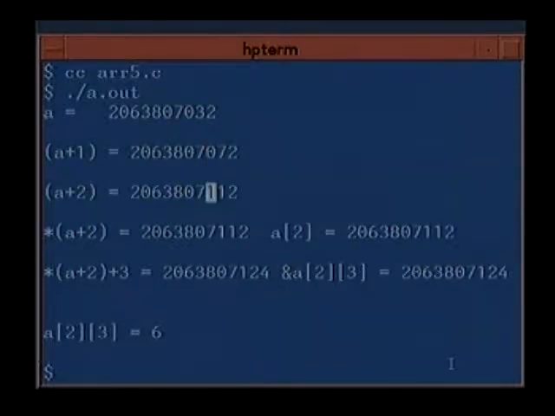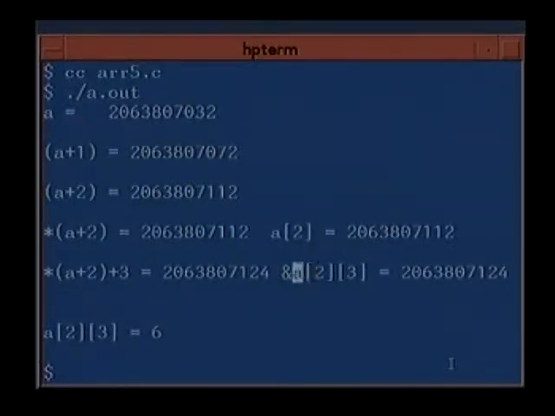Similarly, A plus 2, another 40 bytes. Content of A plus 2 is A[2], which is the same as &A[2][0]. So all these three will be identical.